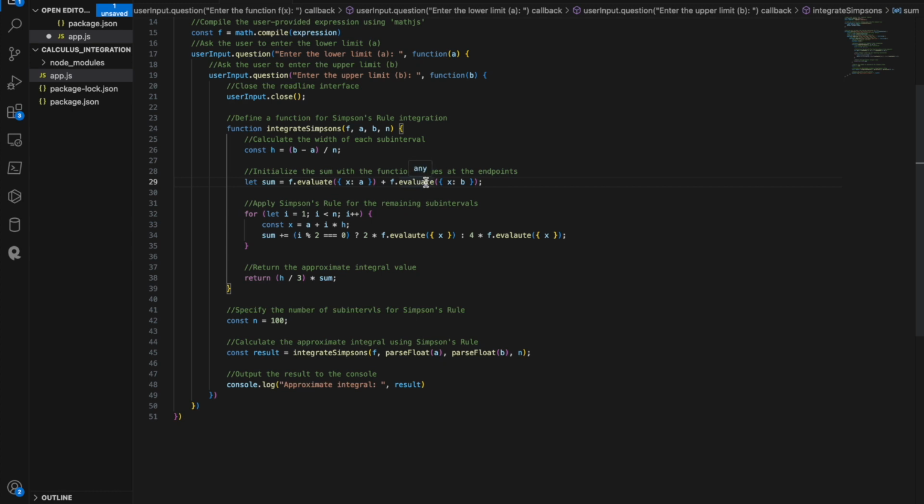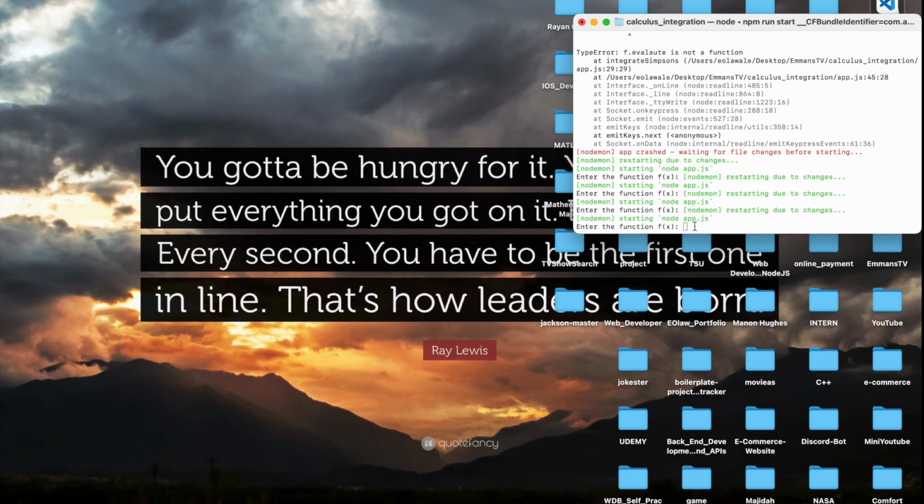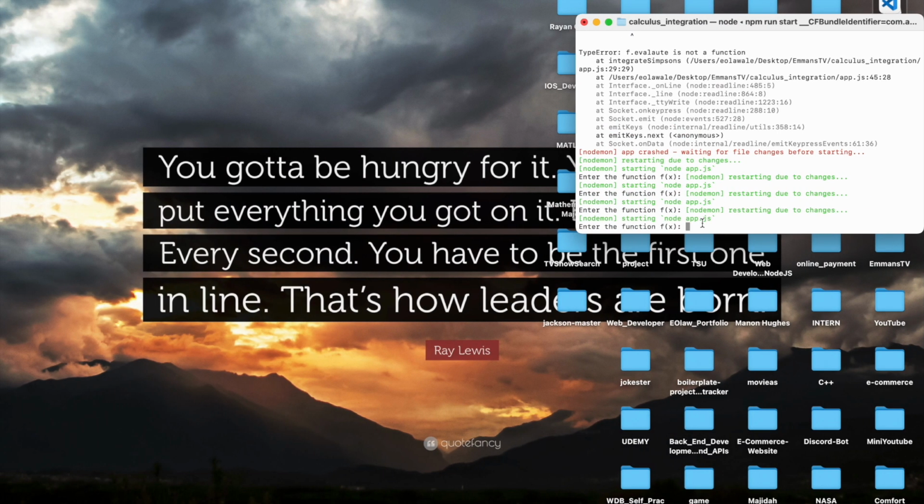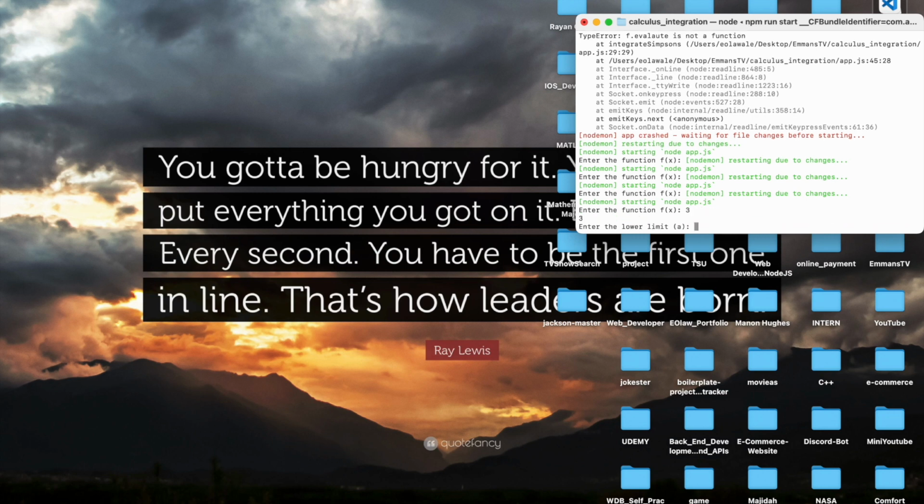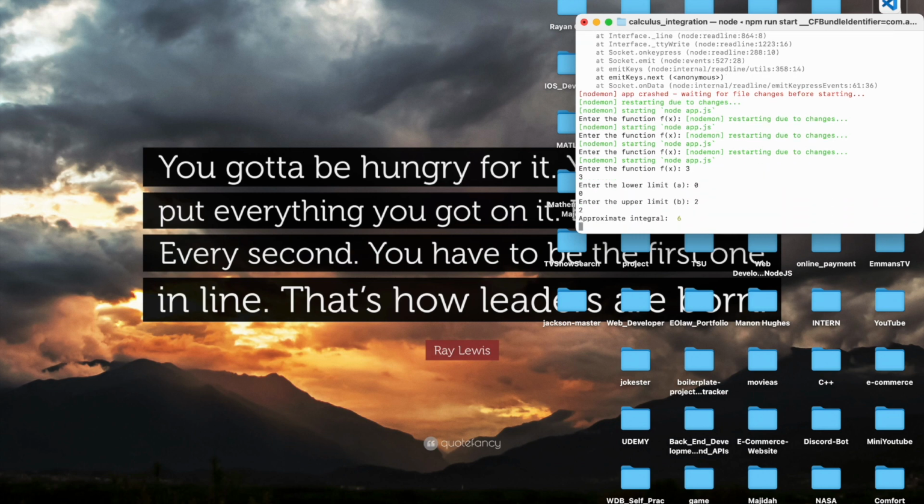Evaluate. Okay. Cross count. This is going to work this time. Let's see. Okay, 3 is the function, and then we got 0, and then we got 2. Great, it's working. So this is simply an integration that we could